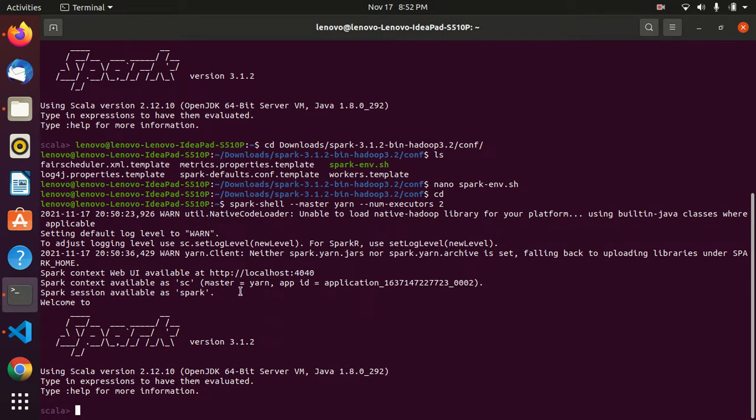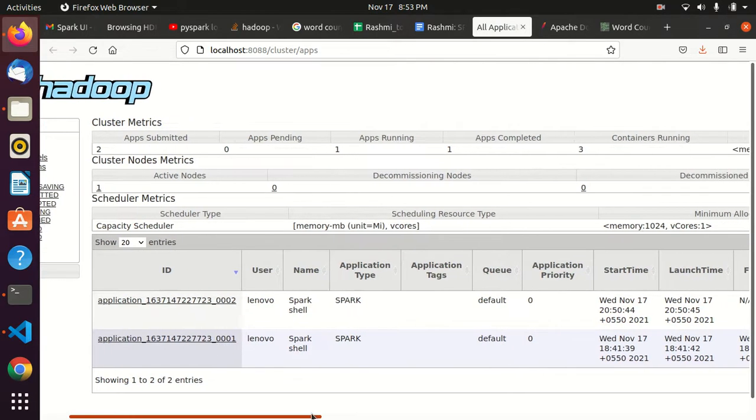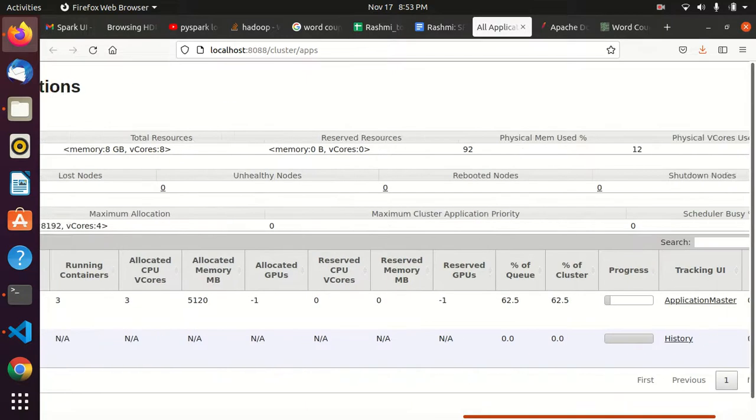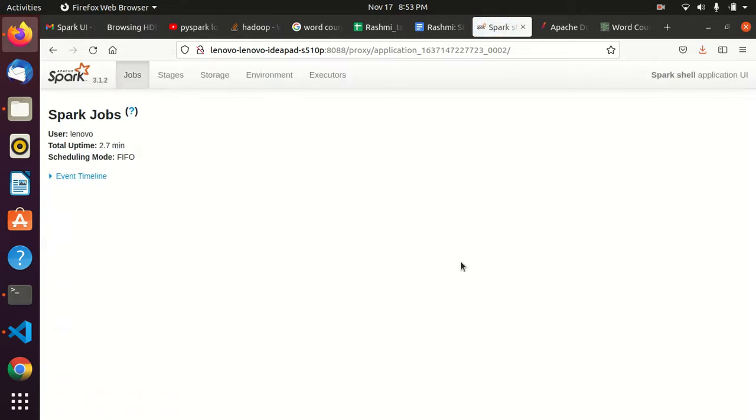So it got executed, and we have this application. Here if we refresh it, we are able to see applications. First, this is the history part, which I already did. Now this is a new one, so let's check how many got executed.